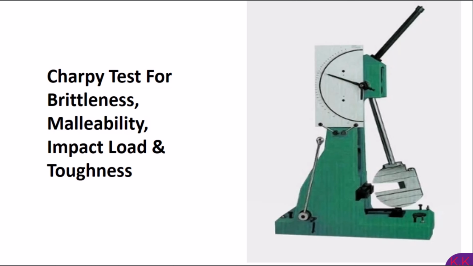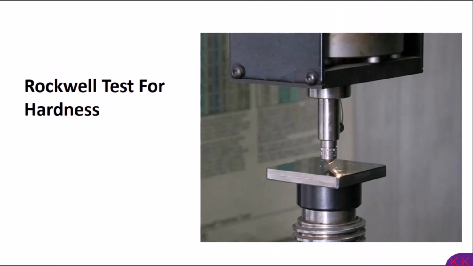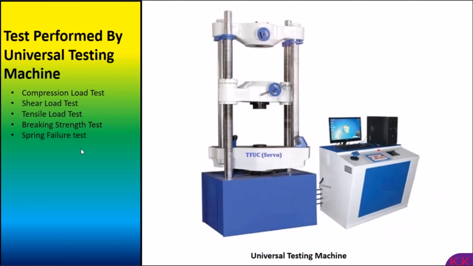Then we have the Rockwell test, which is used for hardness. On the other side we have another test, which is also used to check the hardness of an object. Then we have the universal testing machine, which is used for compression, tension, shear load and breaking strength and spring failure. These are the jaws in which we hold the specimen, and we can measure the compression,